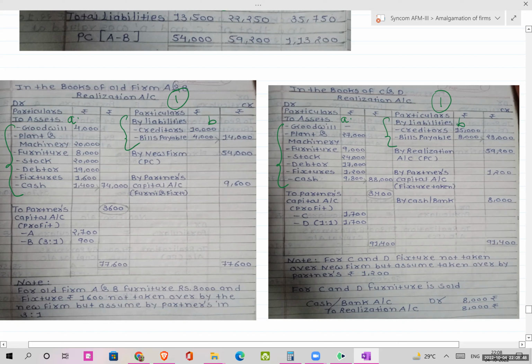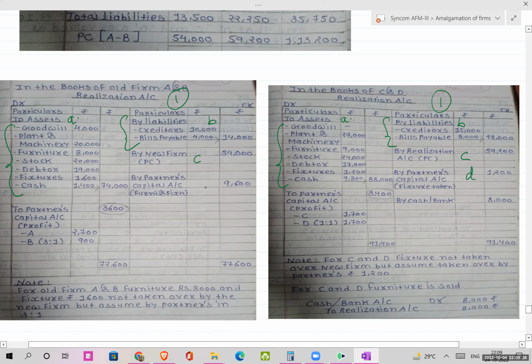So you have to remember these steps. It's very common for all the sums, any type of sum that comes in amalgamation. These are the common steps. Step 1, transfer all your assets at book value. Step 2, transfer all your liabilities at book value, okay। And then step 3, record your PC due, okay, record the PC calculation, yeah। And then if there is any asset which is not taken over by the new firm, तो मैंने आपको बोला था ना, if it is not taken over by the new firm मतलब it is taken by partners at their book value, ठीक है। So you have to record that also,